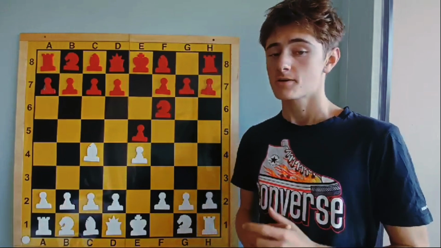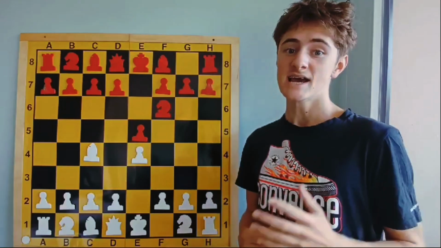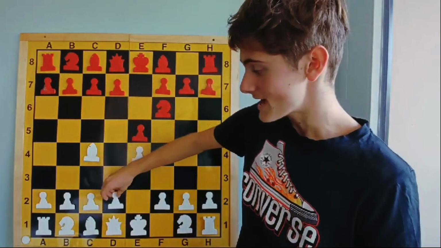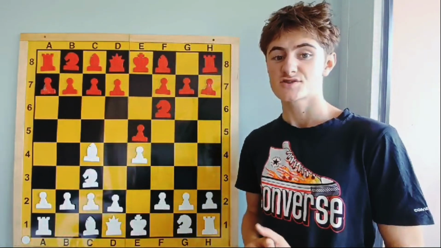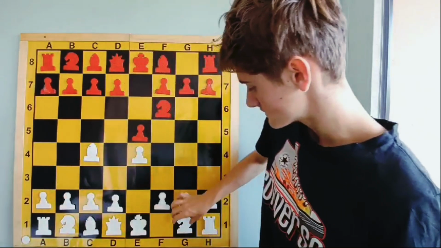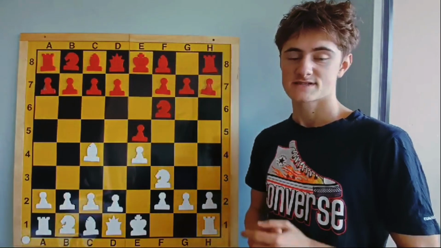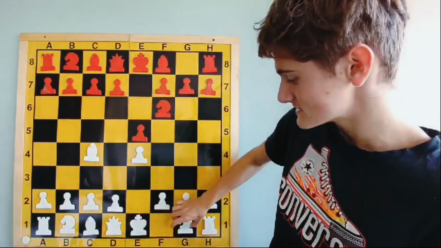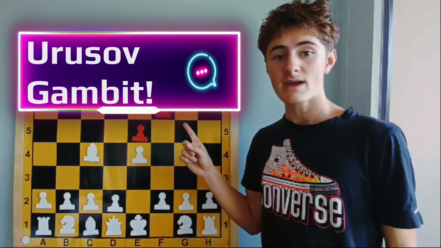But of course there are also many other playable and very interesting variations of the Berlin Defense of the Bishop's Opening besides d3 by white, as for instance knight c3 by white, transposing into the very interesting Vienna Game, or also developing their other knight on f3 like this, transposing into the so-called Petrov's Defense. But definitely my favorite variation of the Berlin Defense is the so-called Urusov Gambit, named after a famous Russian prince